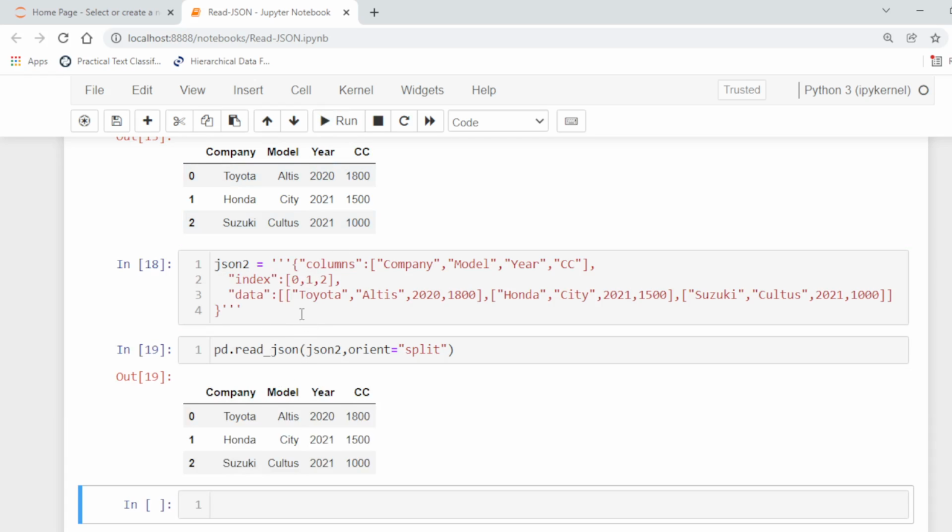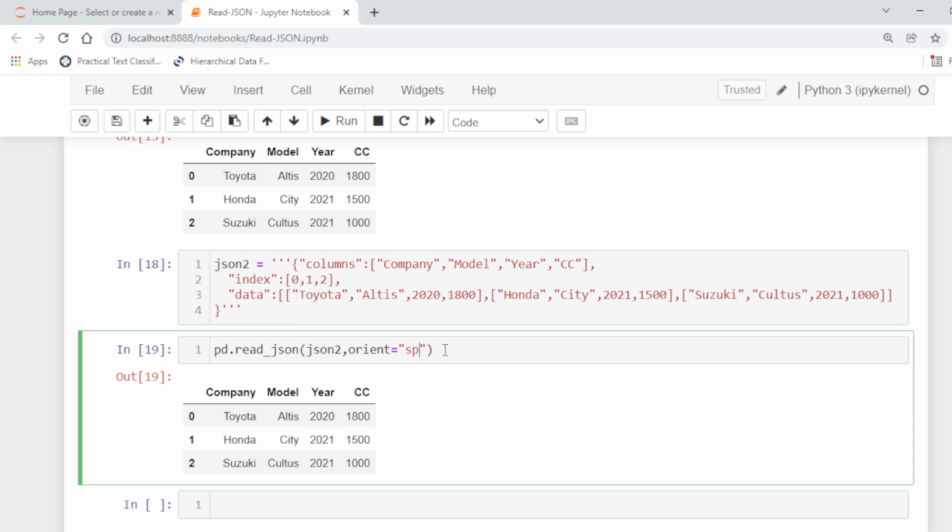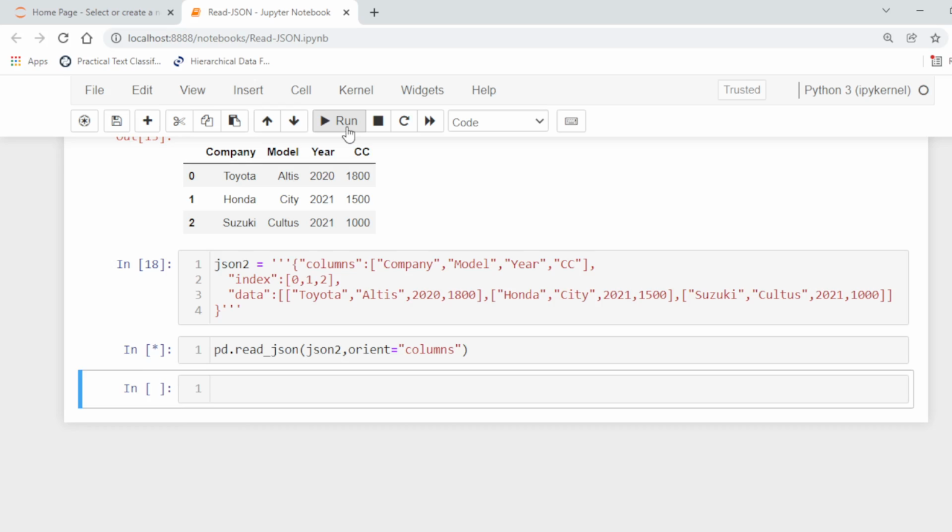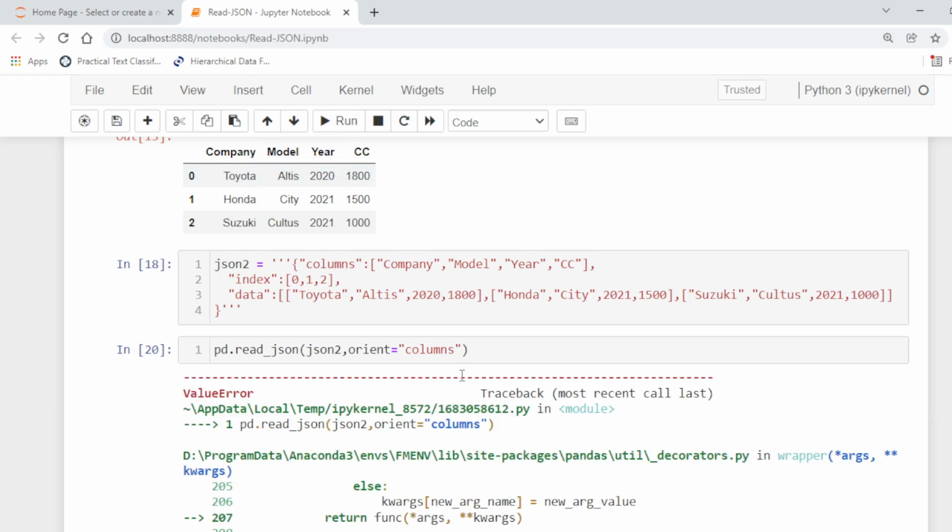So in split format this is also like a dictionary, but first of all the index, then columns and data keys are used. We cannot change these keys: columns, index, data. If we use, for example, orient equal to columns, it will raise an error.